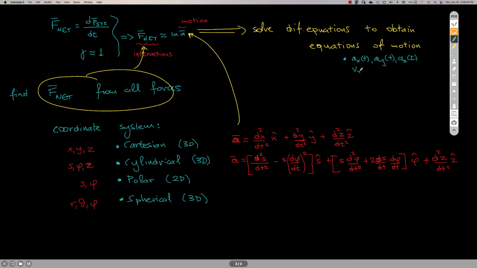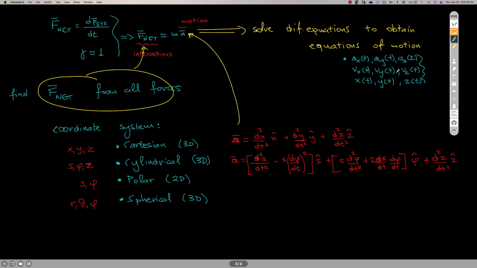You also need to get Vx as a function of time, Vy as a function of time, and Vz as a function of time. And also x as a function of time, y as a function of time, and z as a function of time. These are the equations of motion in the Cartesian. Once you have all of these equations for all of these quantities, these will be the equations of motion in